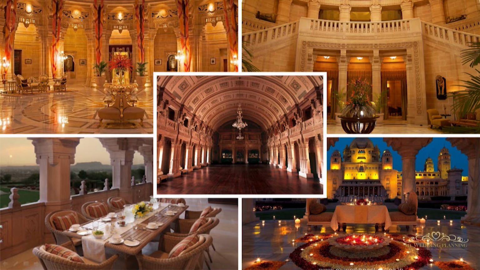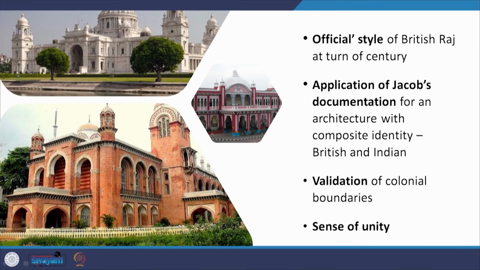It is very different from the run-of-the-mill public works department buildings being made by the British in India. PWD was established in India by the British in 1854, and there was a standard format that they had evolved. These buildings had a very standard design structure or format, and they were very similar to each other, and more of an engineering endeavor rather than a design and architectural endeavor. Now this Indo-Saracenic architecture became the official style of the British Raj at the turn of the century.